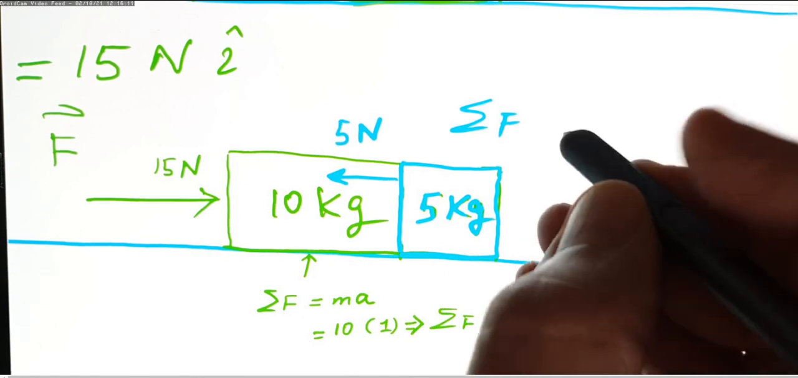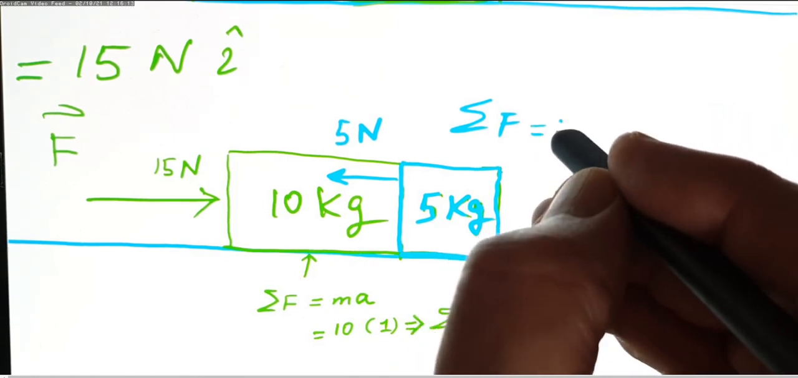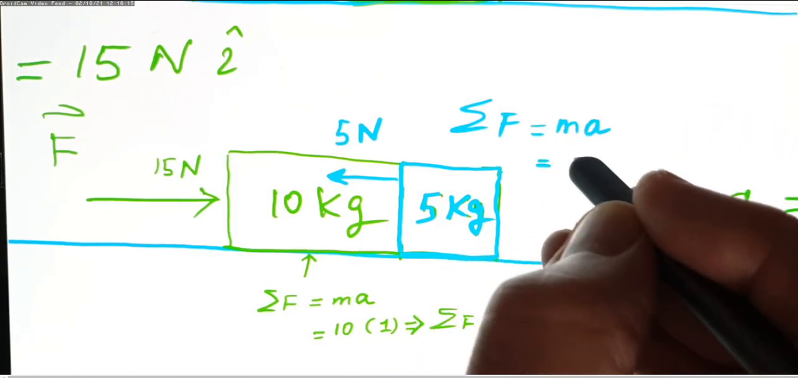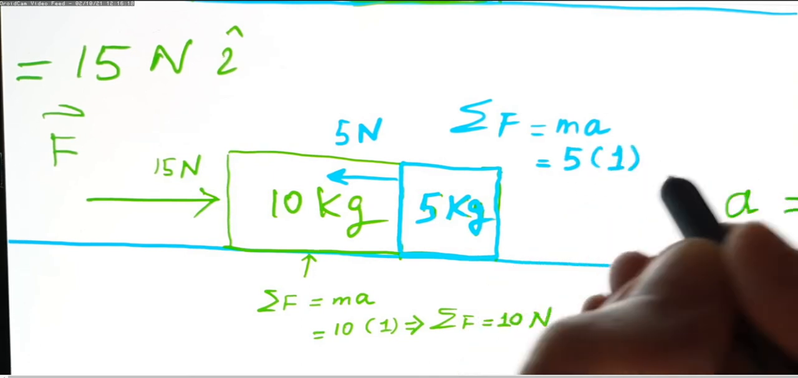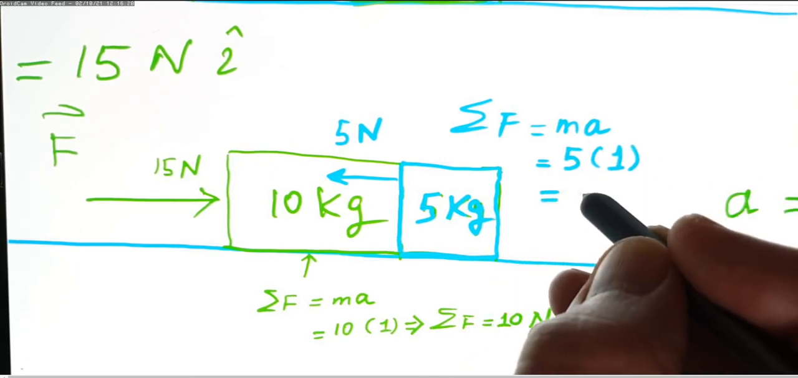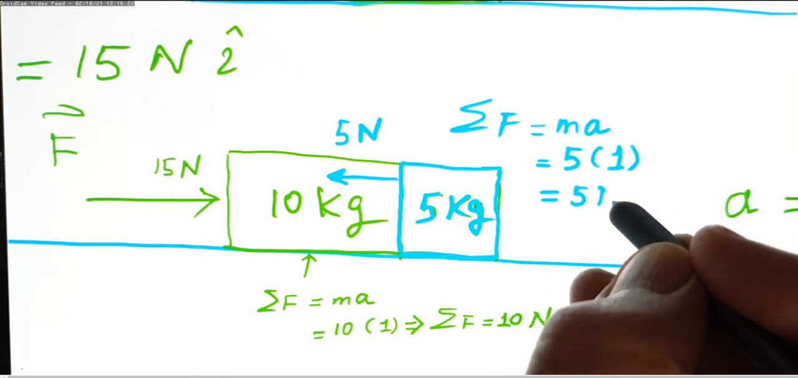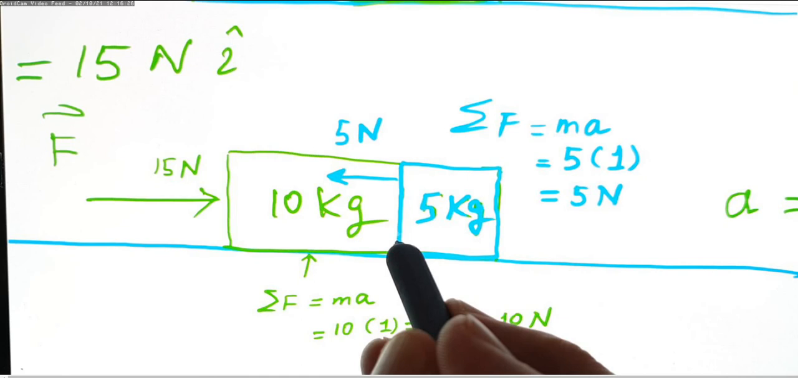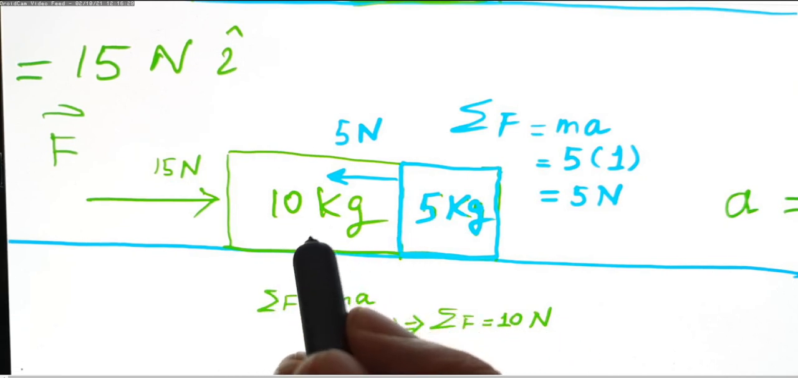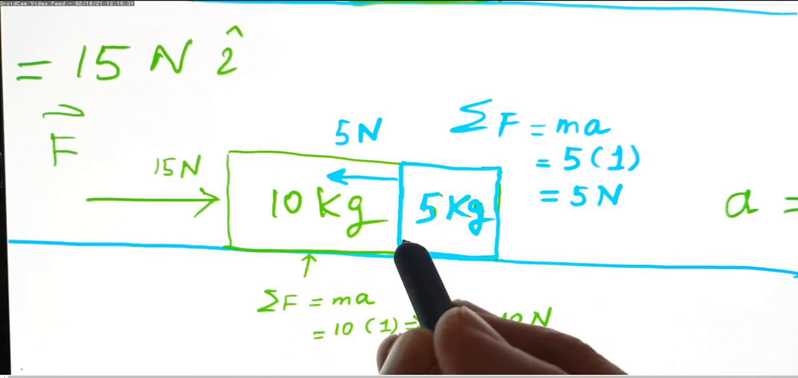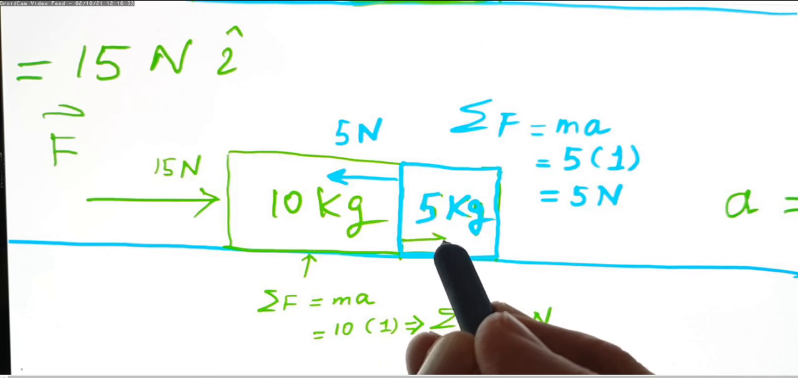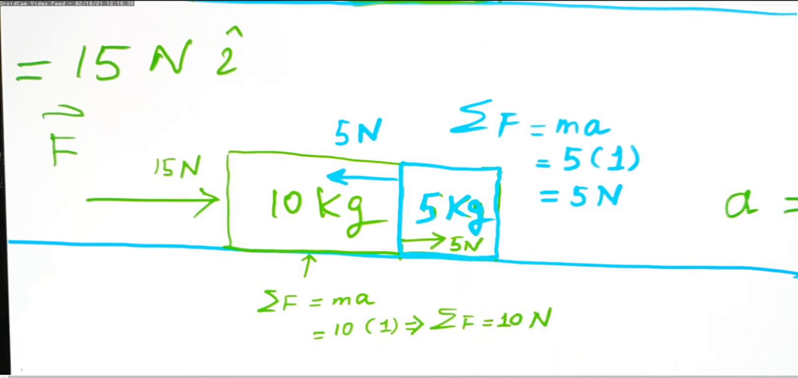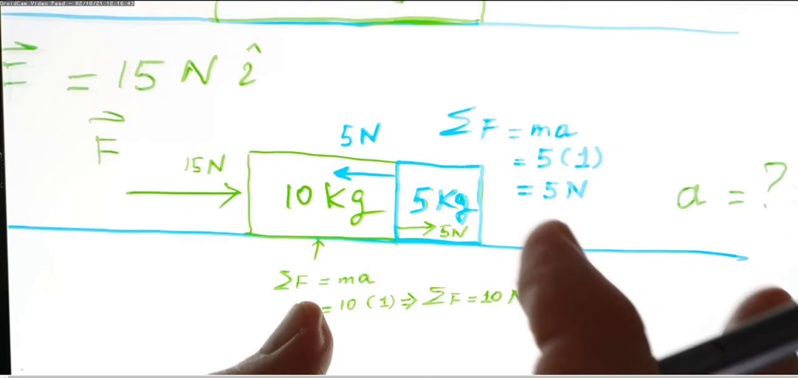And that is correct because F = MA, and we have 5 kilograms, 5 multiplied by 1, so the net force on the blue object is 5 Newton. That means the green will consume 10 Newton and will pass 5 Newton. So here, contact force